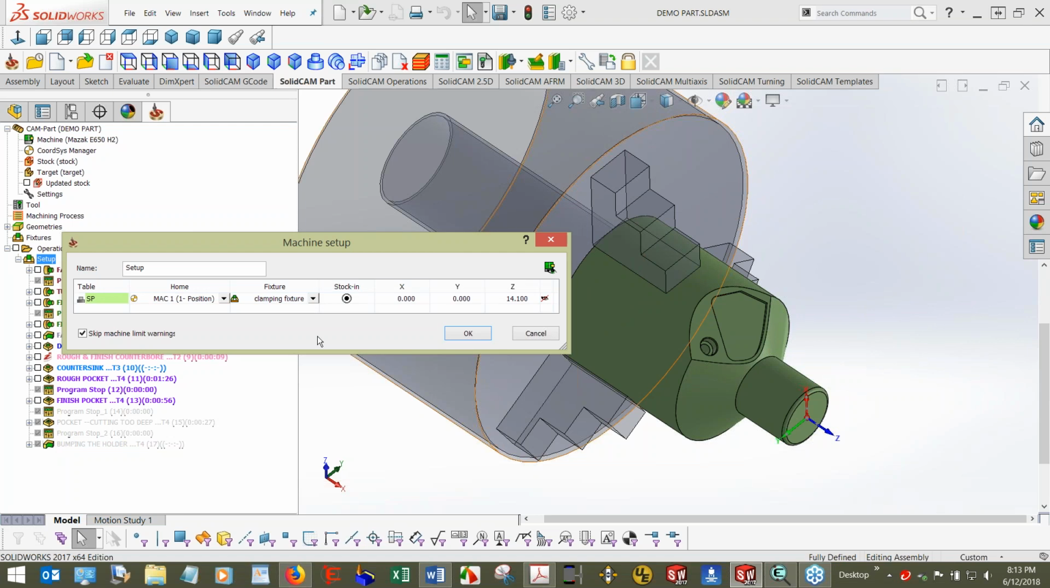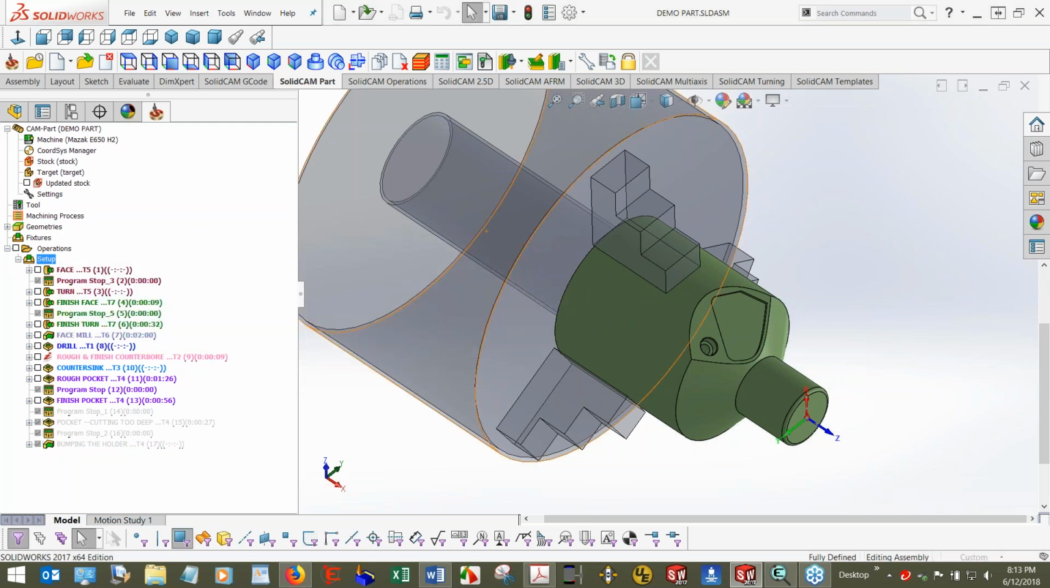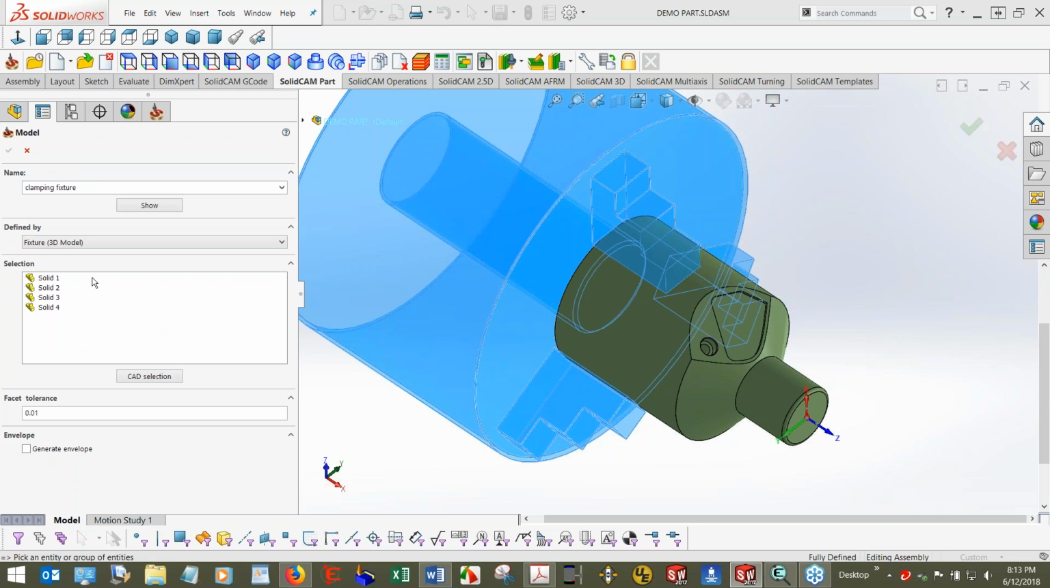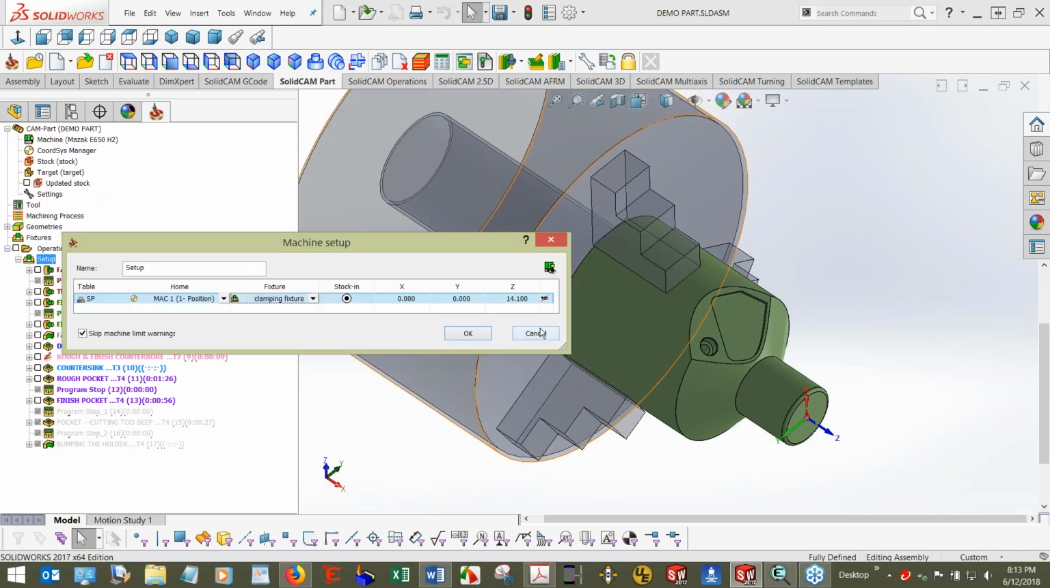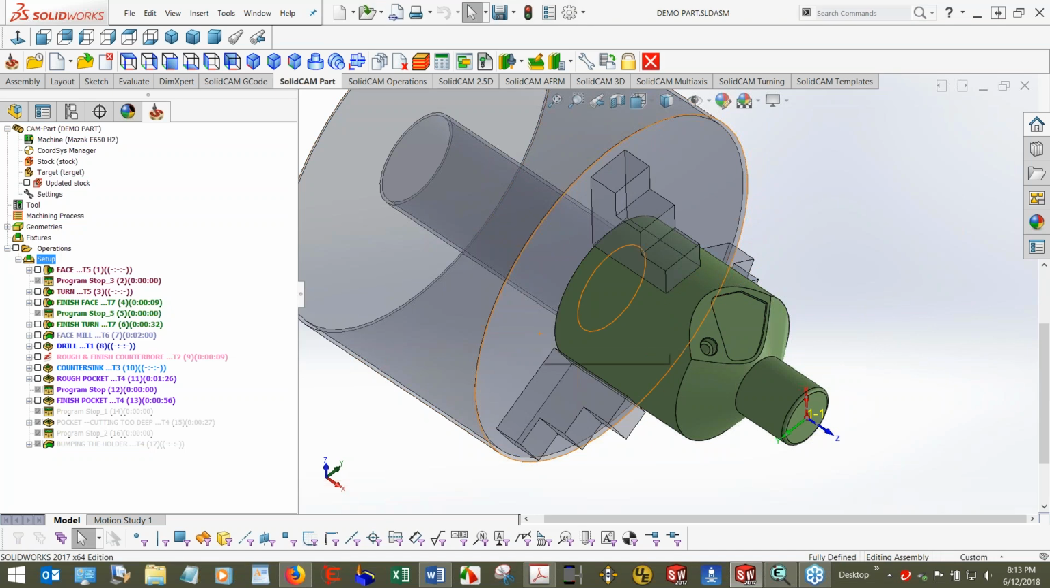Also, we've shown our stock, our fixture, and here we selected the solids for this. So you're going to deal in solids, and there's no extra deal here to do that. That's one part of it. And the next part of it,